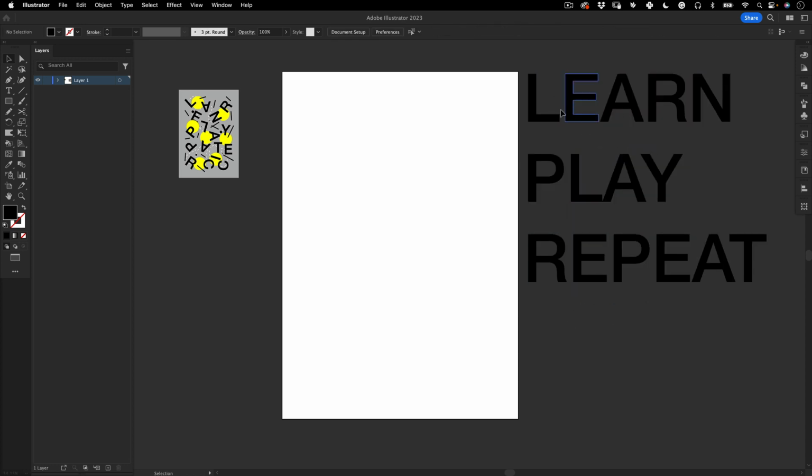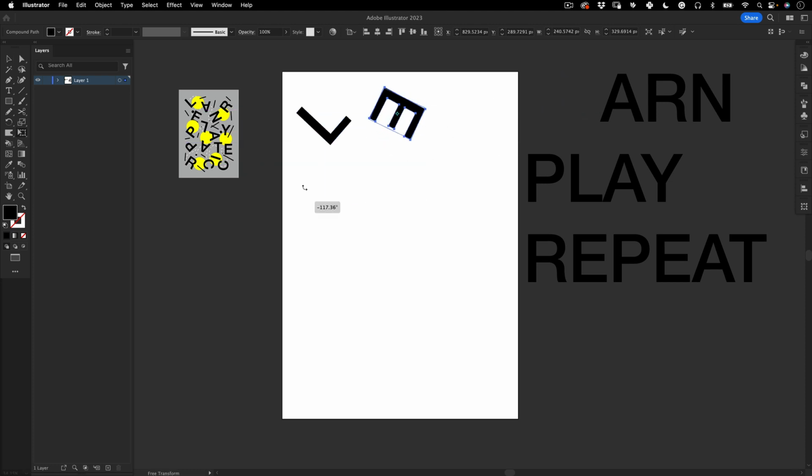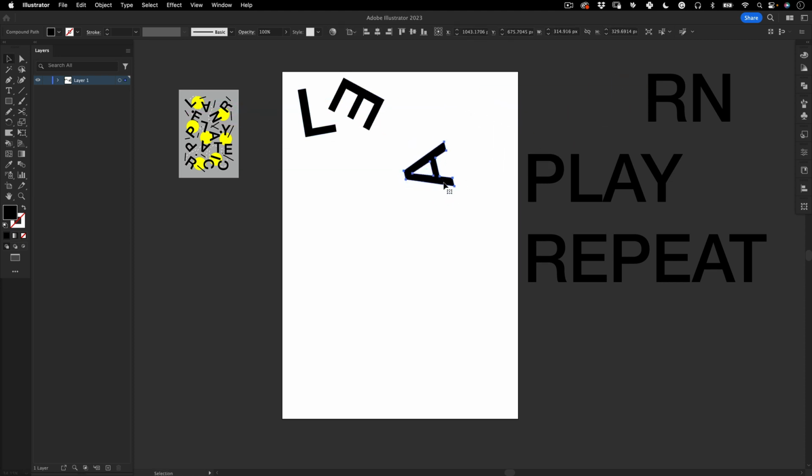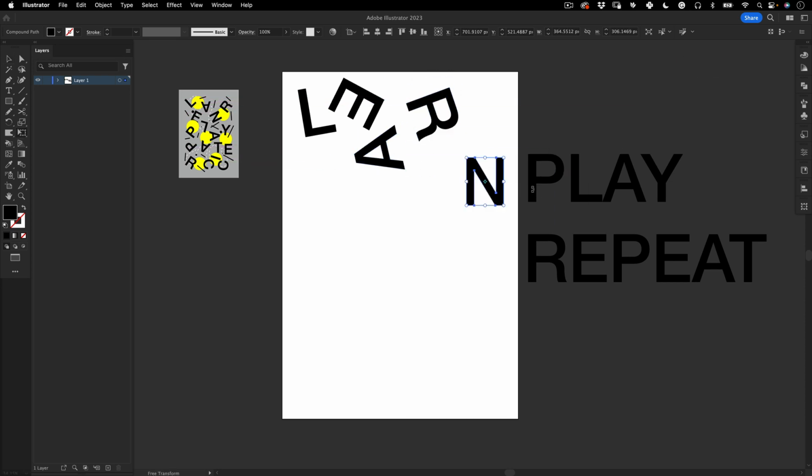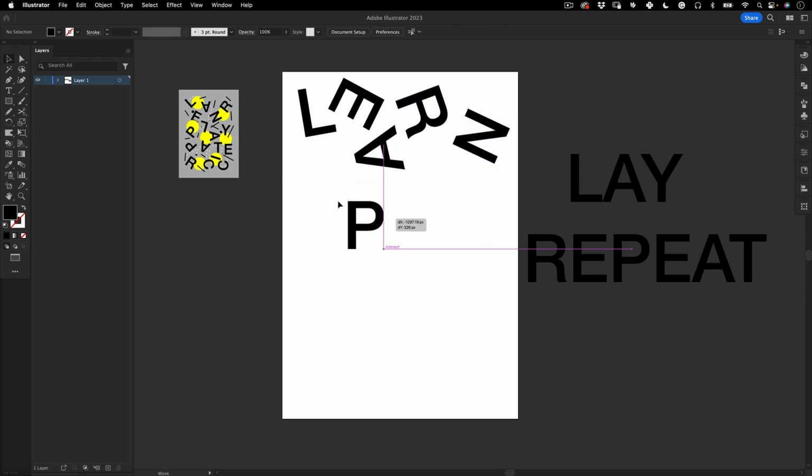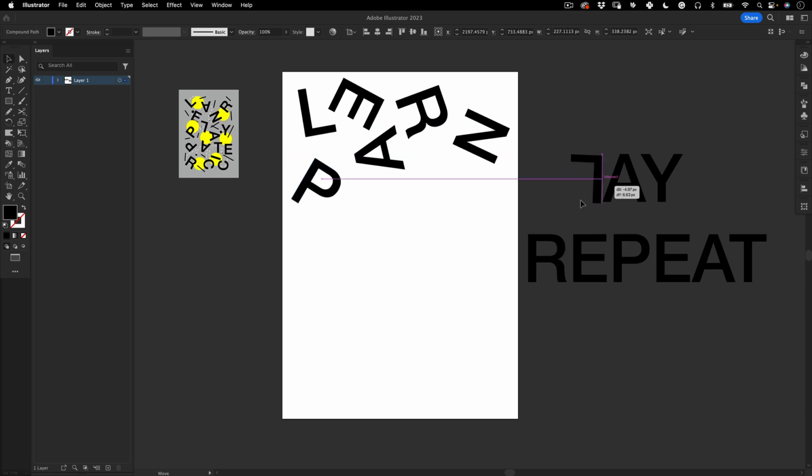Now with this typography, I'm going to start spreading it across our artboard. Be as creative as you want. Just make sure to make a really nice composition with the letters. Learn. And then learn, play, repeat. Let's make it a P here. I'm going to already invert the L there, and then the A as well. Learn, play,